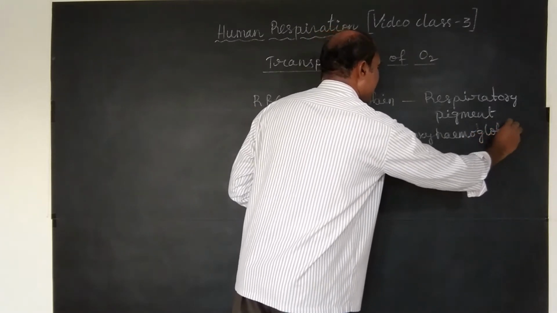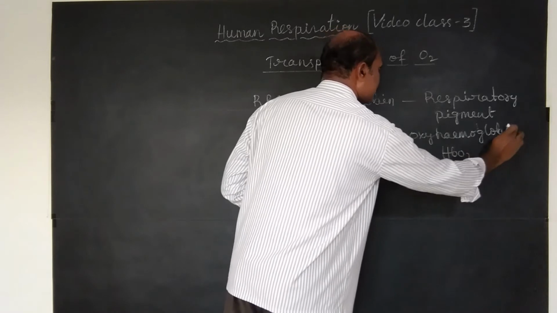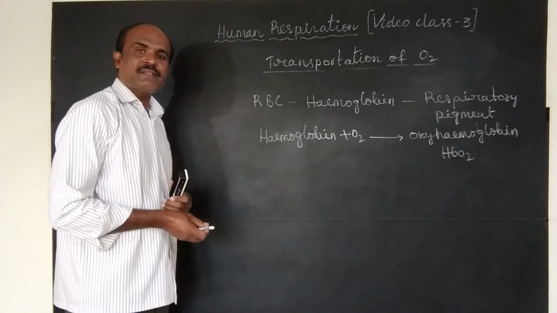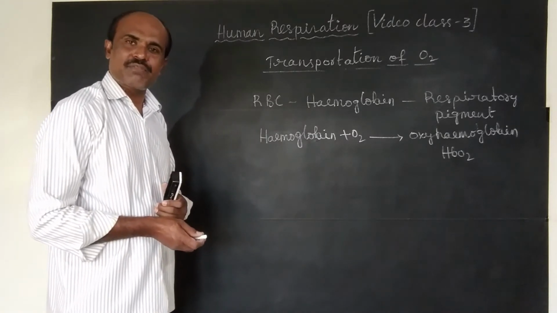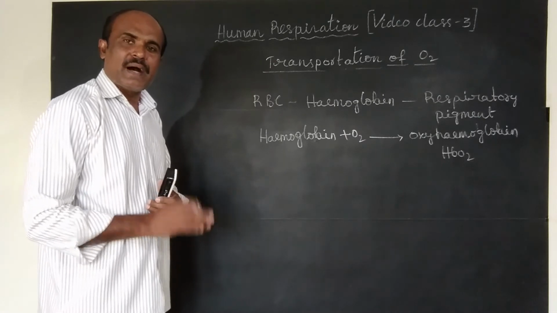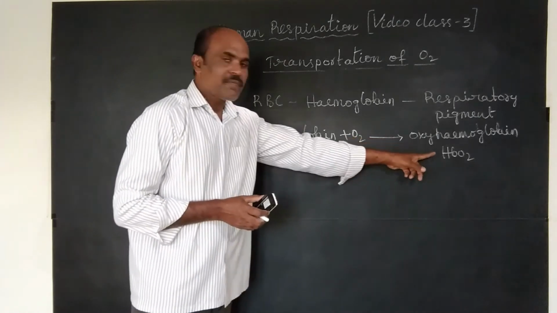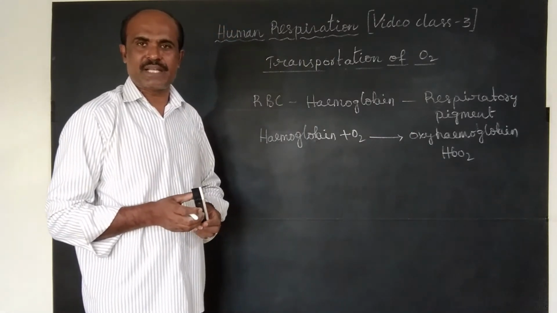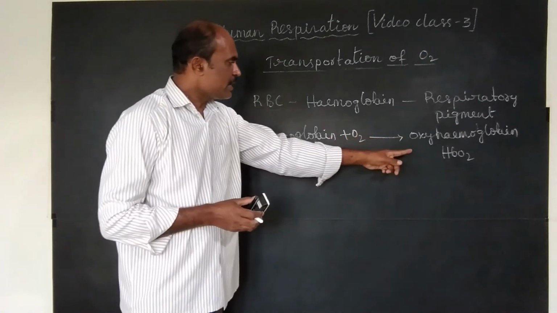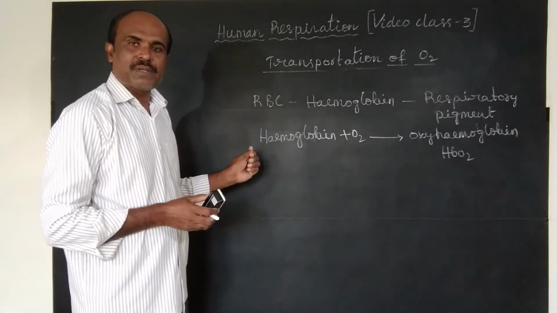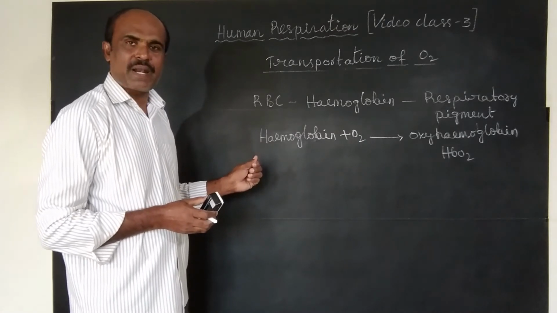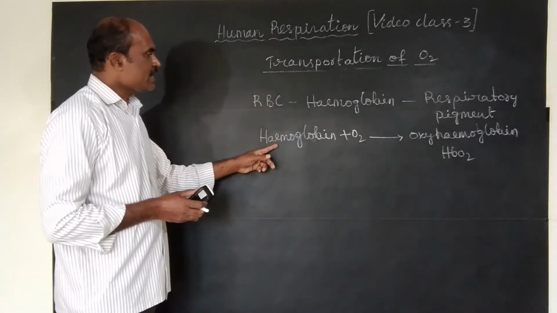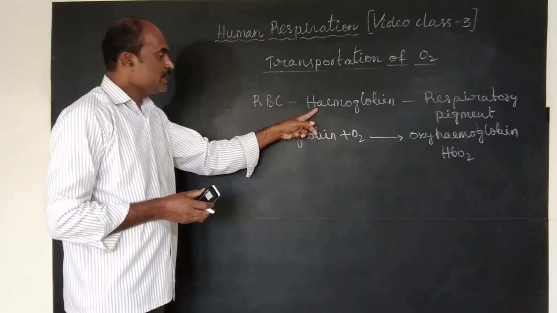Oxyhemoglobin, HbO2, oxyhemoglobin. This oxyhemoglobin is carried to all cells of our body. At cells, from oxyhemoglobin, oxygen is separated, used by the cells for carrying out cell respiration, and hemoglobin becomes free. Again it comes to air sacs through blood, then again it carries oxygen. So in this way, hemoglobin plays a major role in the transportation of